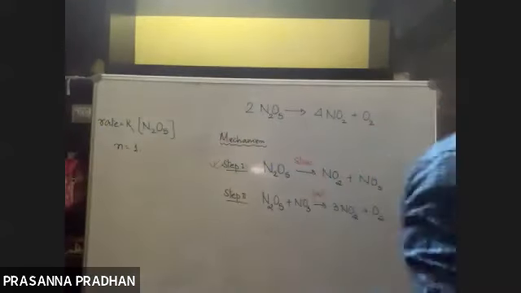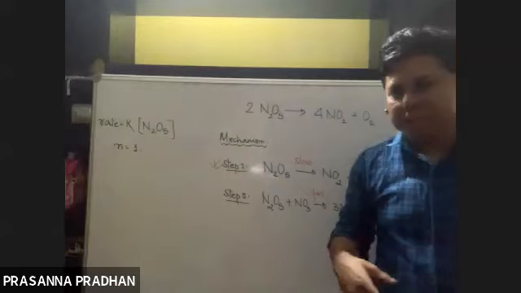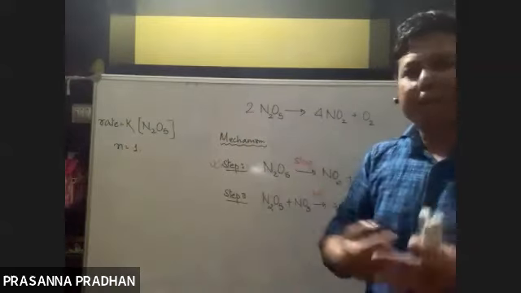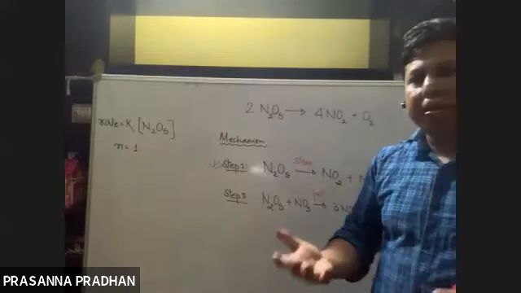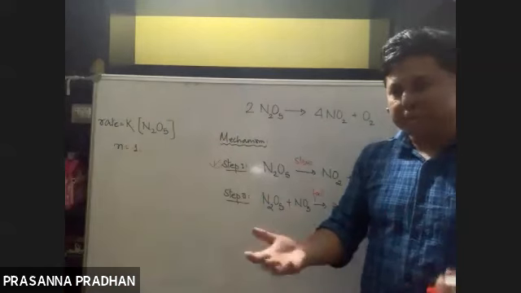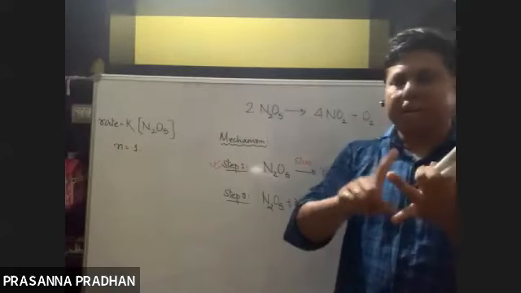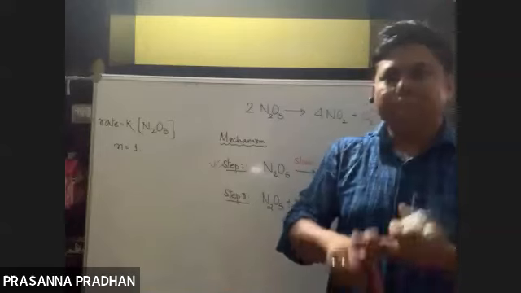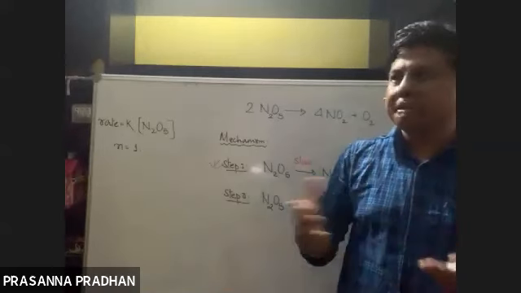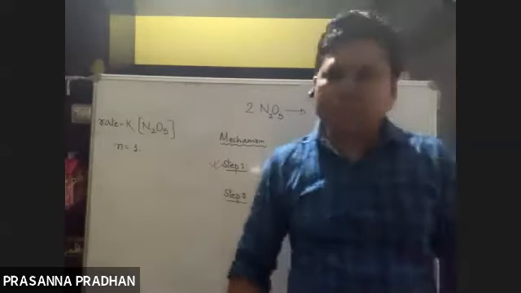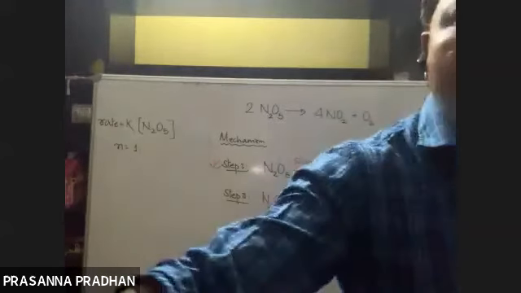Okay. And remember, just a simple thing. Can molecularity be equal to 0? What do you mean by zero molecularity reaction? That means no reactant molecules are involved. That means molecularity can never be equal to 0. Can molecularity be fractional? No. Molecularity cannot be 0. Molecularity cannot be fractional. Molecularity cannot exceed 3. Molecularity of a complex reaction is meaningless. But the rate expression is written by looking at the slowest step. So this is all about the molecularity of a reaction.